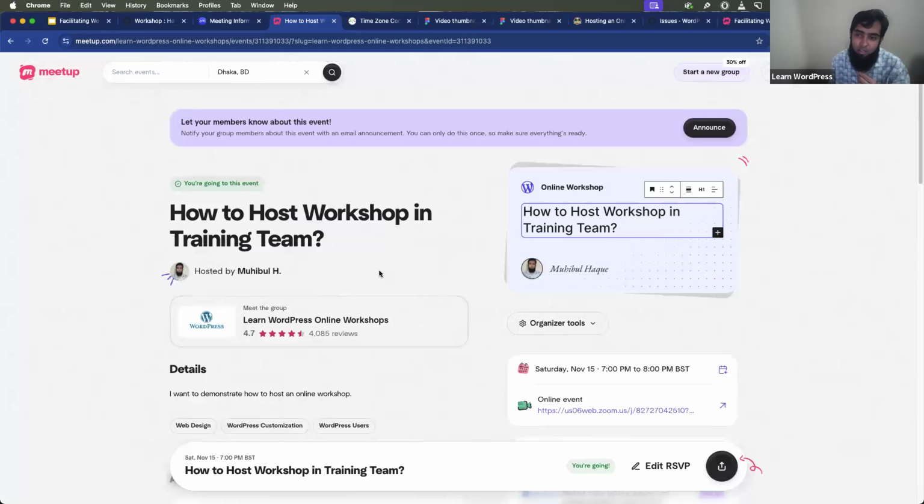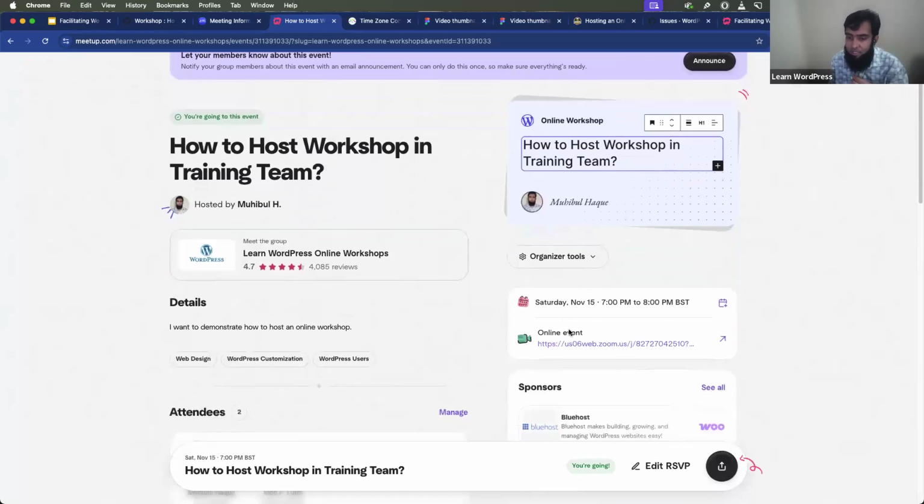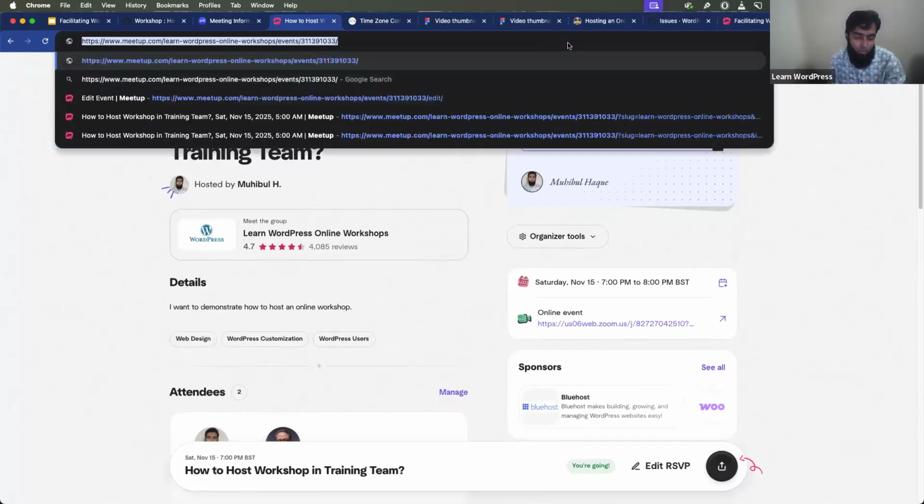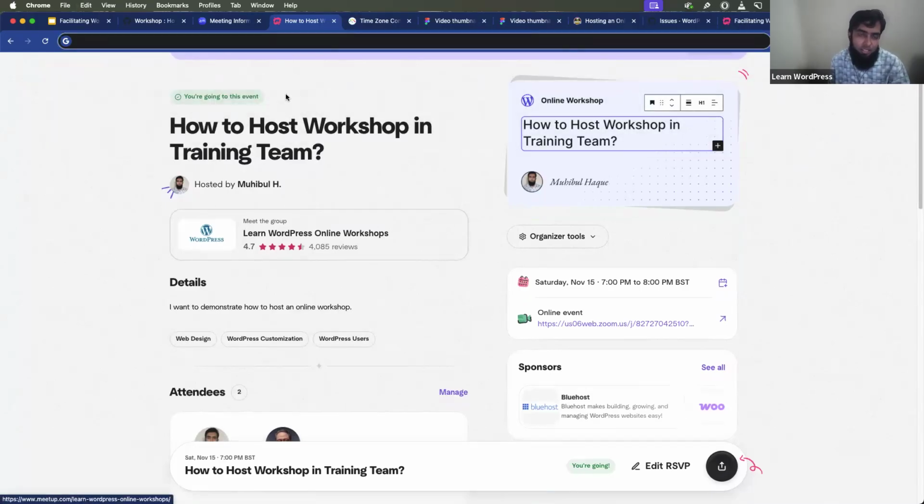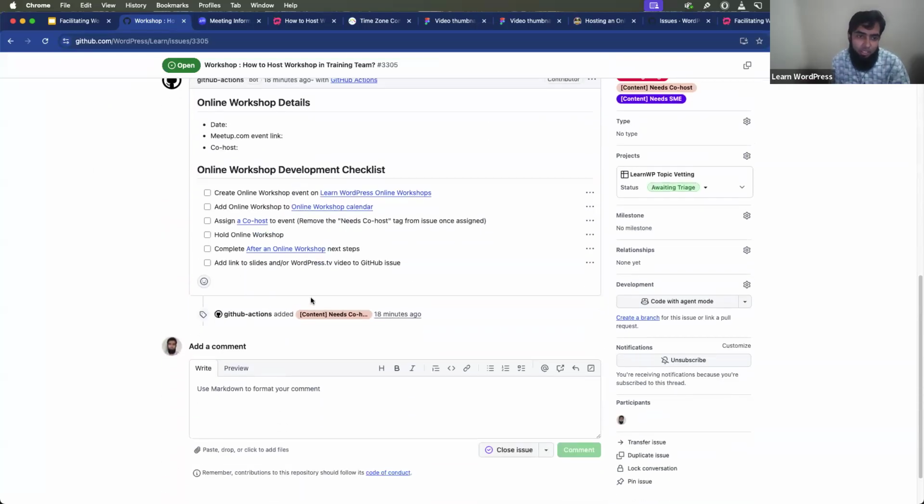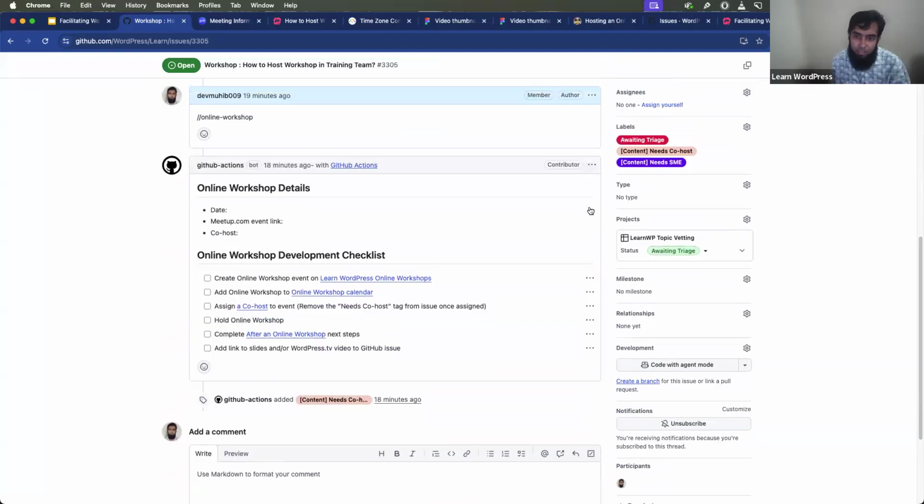So our Zoom is connected here and our event is ready. Once our event is ready, we need to move to the next step. I just copied it, and here I come back to the original GitHub, and here we can just edit